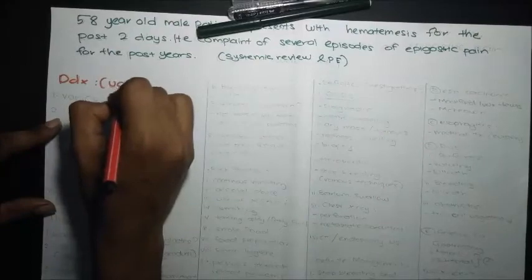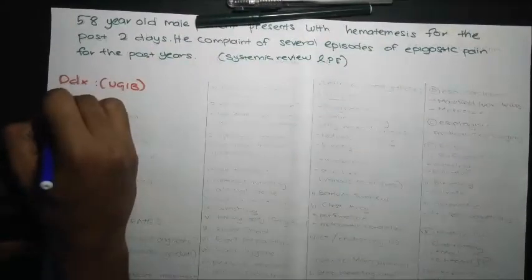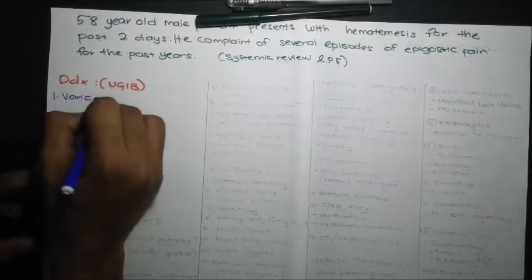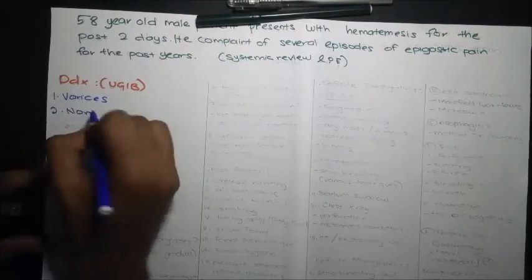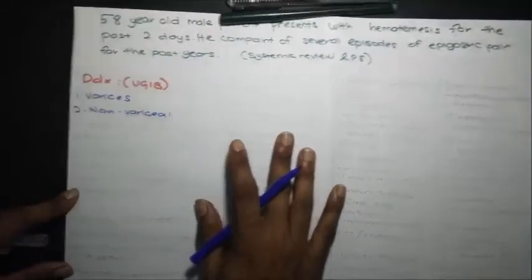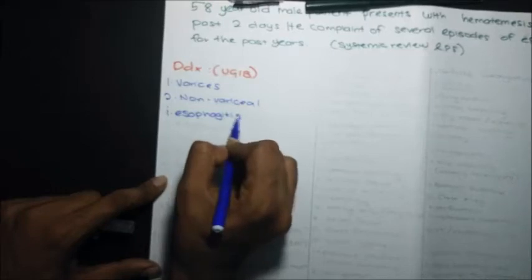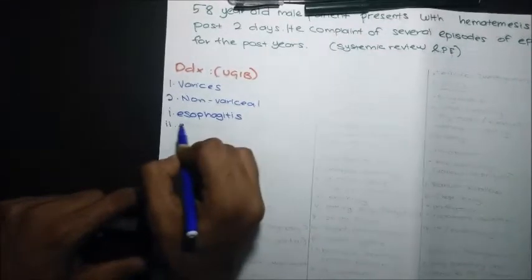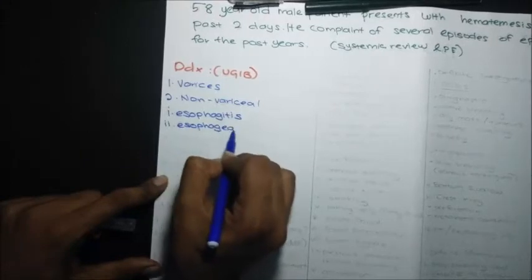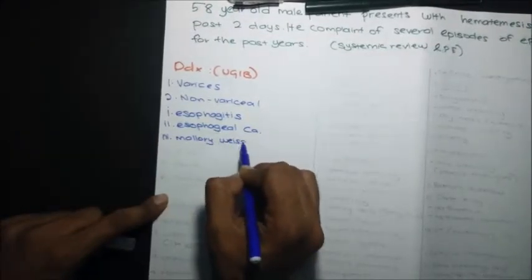Okay, so once a patient has arrived with a complaint of hematemesis, we need to keep in mind that hematemesis comes under upper GI bleed. We need to have a broad differential diagnosis in our mind. To make it simple, we can divide it into variceal bleeding and non-variceal bleeding. Variceal bleeding is more common with liver pathology under portal hypertension. Non-variceal bleeding comes most commonly from the esophagus or stomach. Under non-variceal bleeding, we have esophagitis, esophageal carcinoma, Mallory-Weiss tear, peptic ulcer disease, gastric carcinoma,